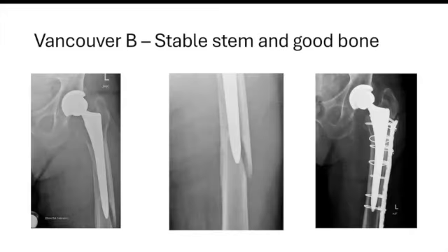The main group is the Vancouver B fractures. Now, these can be subdivided into a Vancouver B1, 2, or 3. And the first group, 1, is where the stem is stable and the bone is of good quality. And what that means is the stem is still attached to the proximal bone, or at least a main fragment